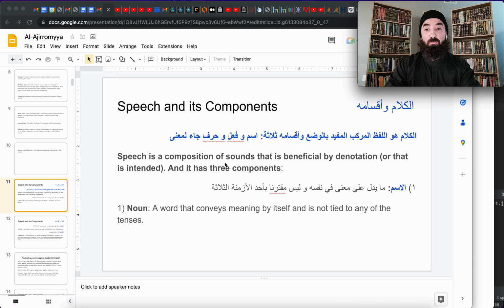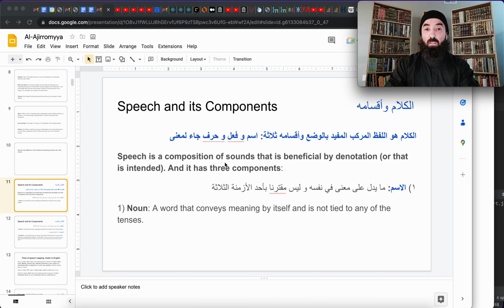a noun. And the definition of al-ism, a noun in Arabic, is ma yadullu 'ala ma'na fi nafsihi wa laysa muqtaranan bi-ahadi al-azminah ath-thalathah. A word that conveys a meaning by itself and it is not tied to any of the tenses. Meaning, for example, if I said Ahmad, Ahmad conveys a meaning, meaning the person who is called Ahmad, and it's not tied to any of the tenses, right? It's not like a verb that is tied to the past tense, the present tense. A noun is sufficient by itself. It's not